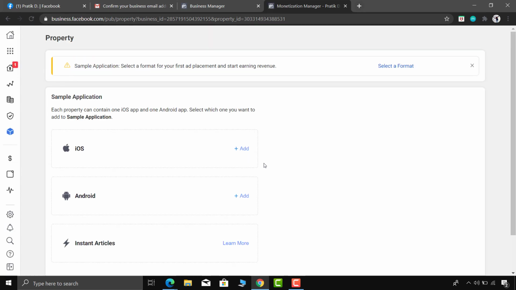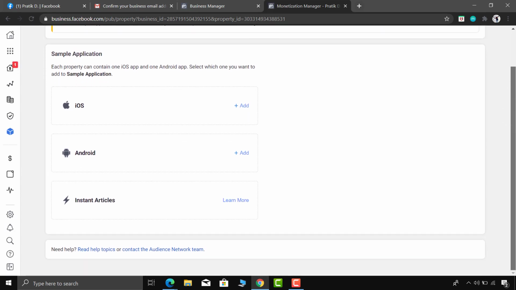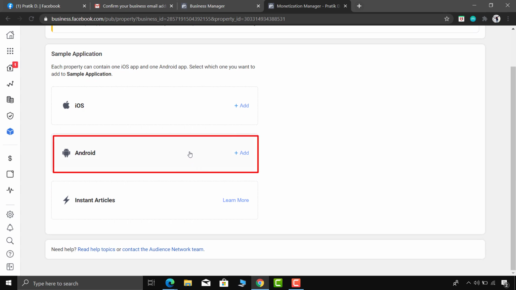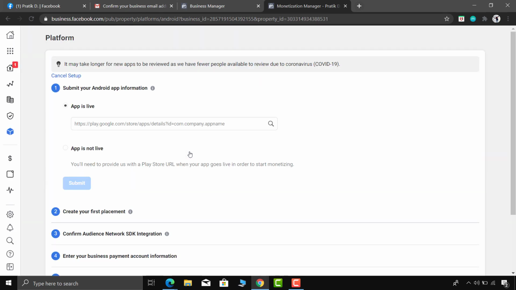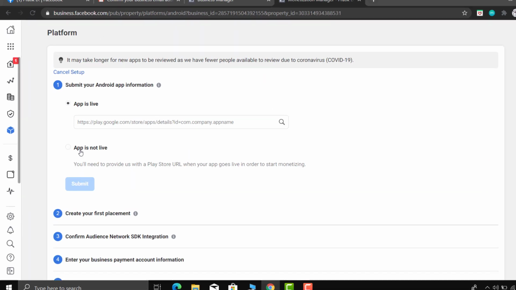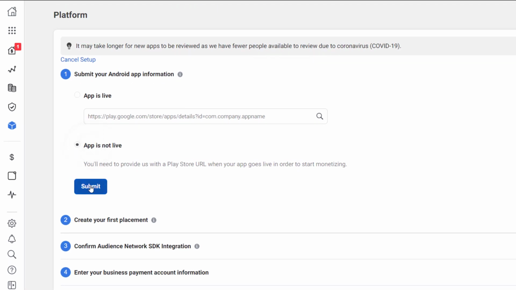Next, select any platform relevant to your application. I am going to select Android. Here you need to select whether your application is live on Play Store or not. My application is not live on Play Store, so I am going to select app is not live and click